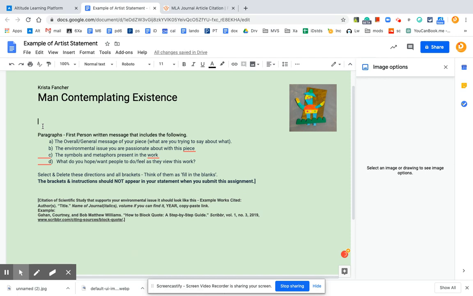So I'm going to write about my overall impression of the piece, what I wanted to do with it, then the environmental issue you're passionate about with this piece, the symbols and metaphors in the piece, and what you hope and want people will do or feel as they view this work. All right, so I can do that. I'm just going to do that off the top of my head in a real quick way. I want you to put a lot of thought and meaning behind yours, but for the purposes of this, I'm going to just write,